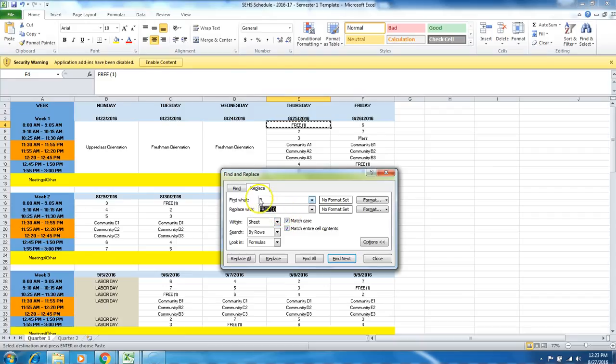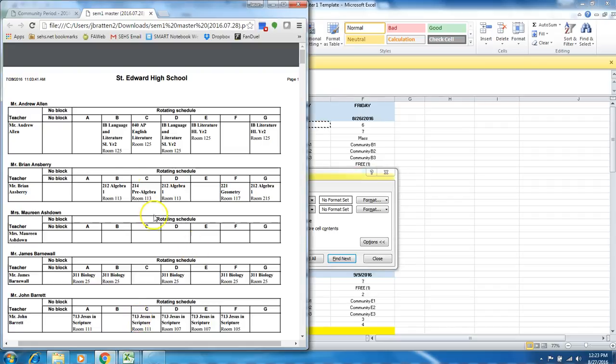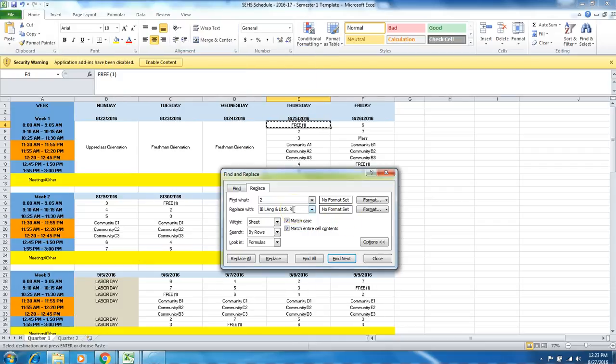So wherever we see a period 2, we want IB Language and Lit SL. And then what I generally do is I put the room number. So his room number here was 125. And that's for my own reference, and I still include the period just so I know exactly when that is